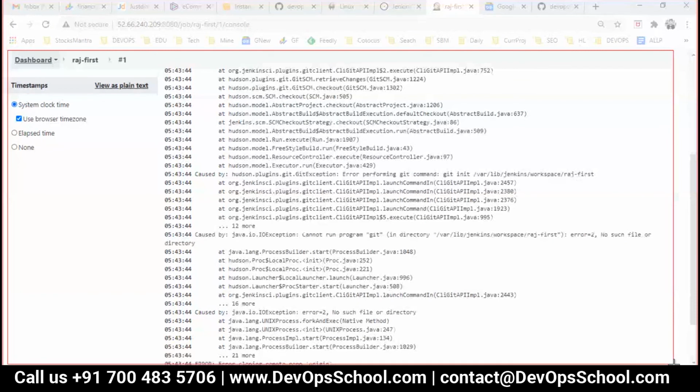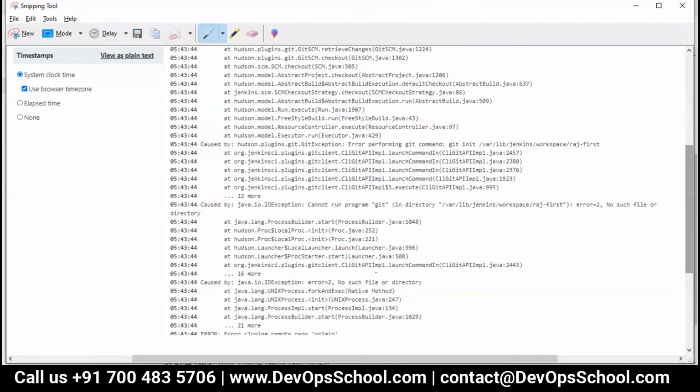Add username and password to source management. Where did you see that? While we were building the pipeline, under source code management. No, but you should not trust that one. Look at the logs. I'm showing you the logs.